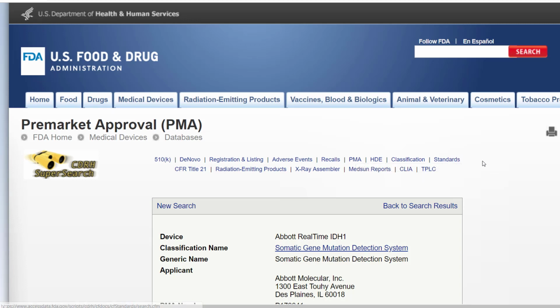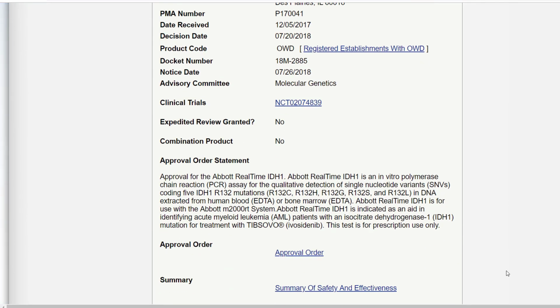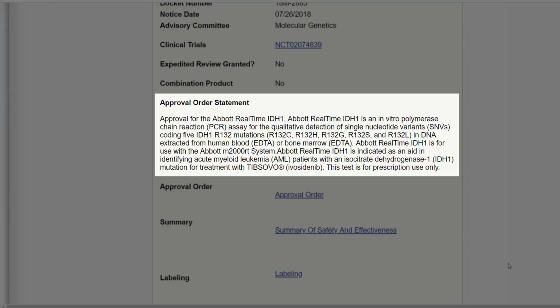We can see that it is a somatic gene mutation detection system. In the approval order statement, we can see that it is an assay for the qualitative detection of single nucleotide variants, SNVs, coding 5 IDH1 R132 mutations in DNA extracted from human blood or bone marrow.